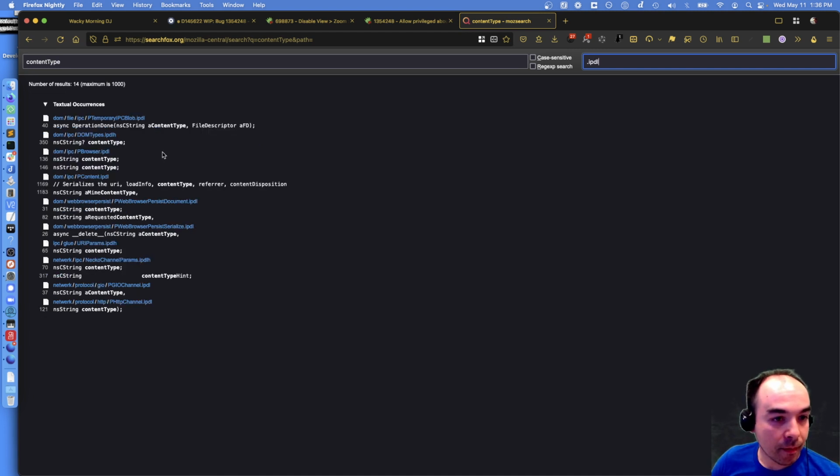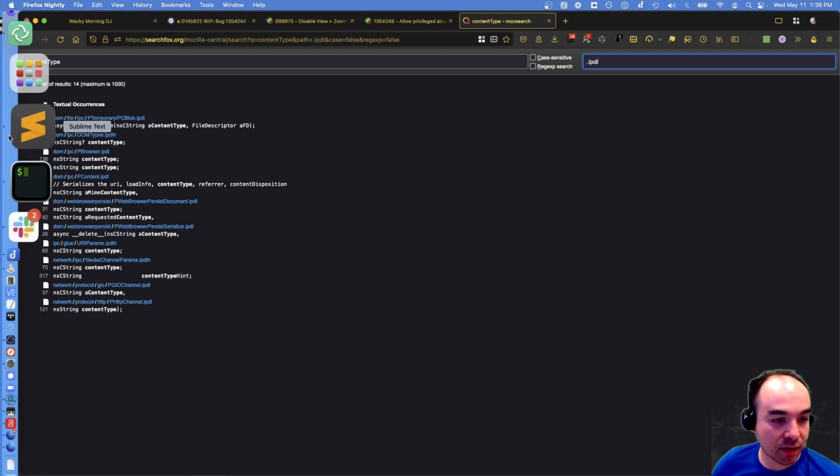Okay, so yeah, NSC string seems to be how people like to do this, although pbrowser uses NS string. pcontent uses NSC string. The consensus seems to be NSC string, so that's what I'm going to use.